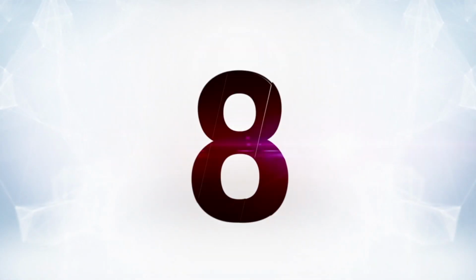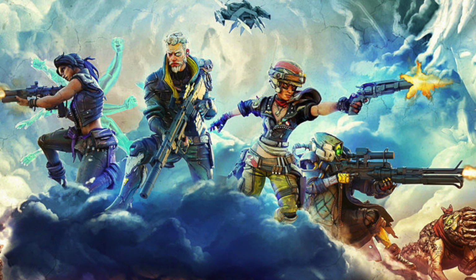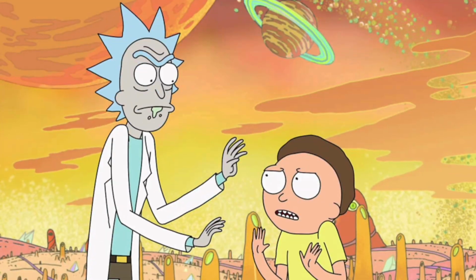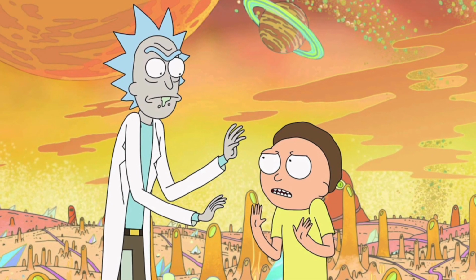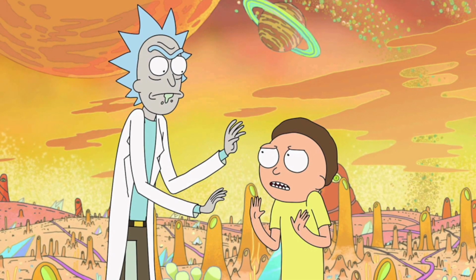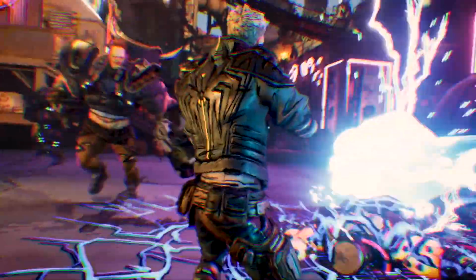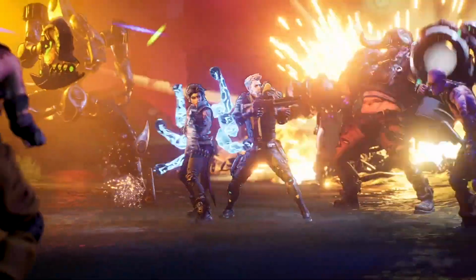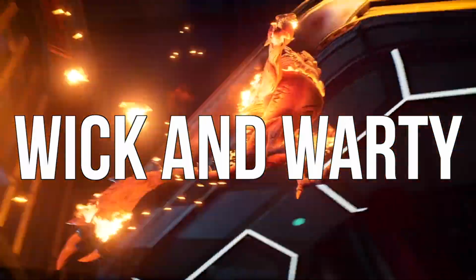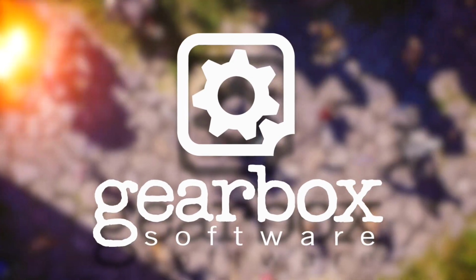Next up at number 8, honestly, out of all the Easter eggs in this game, I think that this one makes the most sense. Like, it fits in with the humor perfectly. You guys are aware of Rick and Morty, I'm sure, right? That whacked out kid and his drunk psychotic grandpa who seems set on ruining that kid's life. Well, anyway, there are a set of characters in Borderlands 3 that reference them. It's a very easy reference to catch, seeing that their names are literally Wick and Warty. Yeah, Gearbox didn't even try with this one, which is obviously part of the joke, and I think it's really